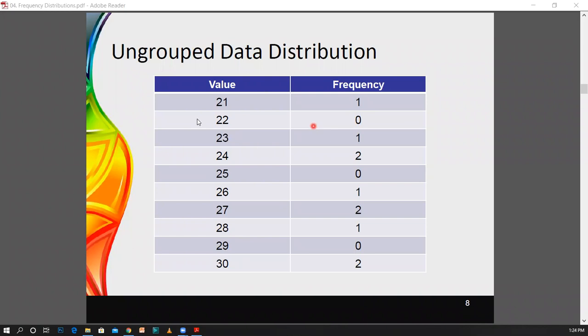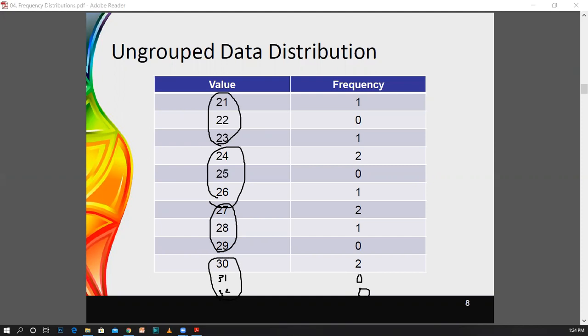Therefore, what you can do is shorten this table, since this is a lengthy table, to make it a shorter table. You can group these sets of values. As an example, I'm taking these first three values in one group, then the next three values in another group, then the next three in another group, then 30, 31, and 32 would be another group. Likewise, you can create the groups, and here you have a 0 and 0. Likewise, you can make the groups.